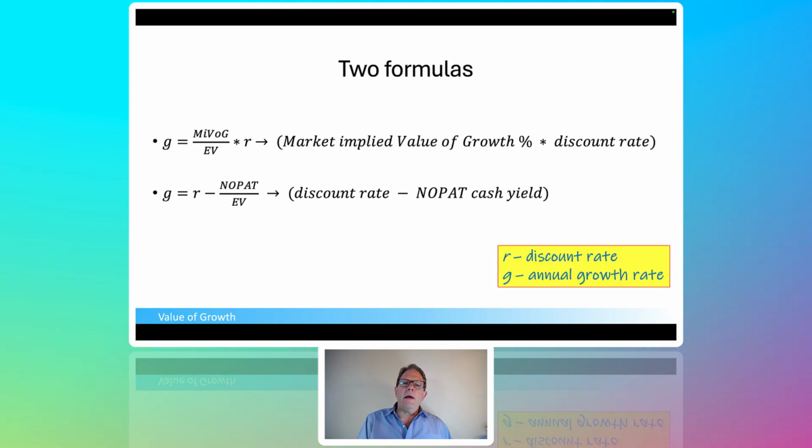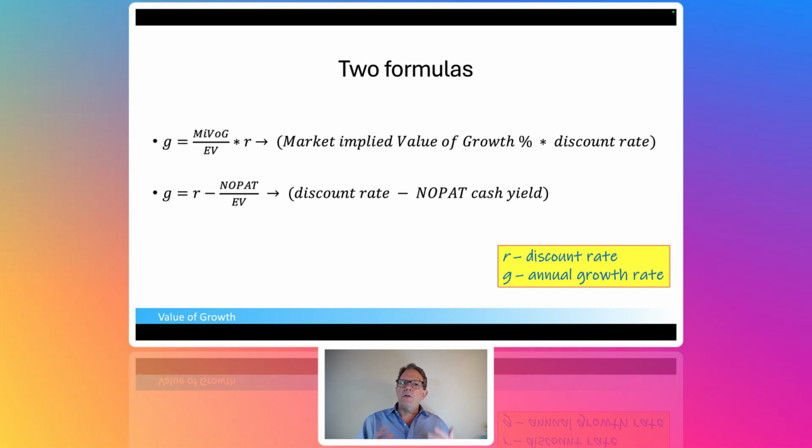All right. Now, when we were in valuation, I introduced two ways to calculate the market implied growth rate, as opposed to the market implied value of growth, two different things. Obviously, they're connected. In a sense they look intimidating, but the growth rate can be calculated one of two ways. One is you can take the market implied value of growth, that's that green area in all the charts I've been using, divide that by the enterprise value, creating the market implied value of growth as a percentage, and then you multiply that by your discount rate,